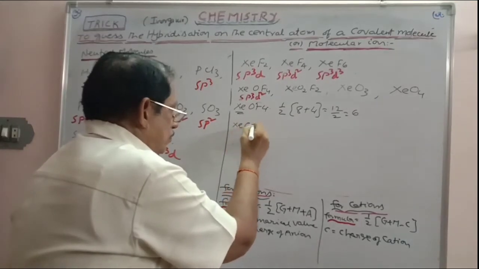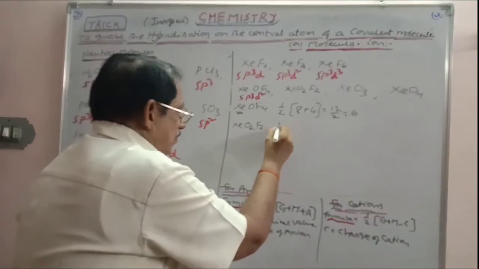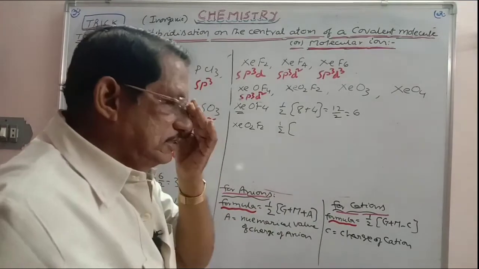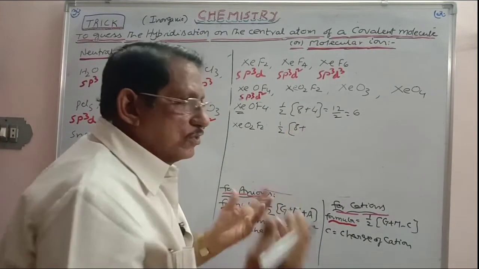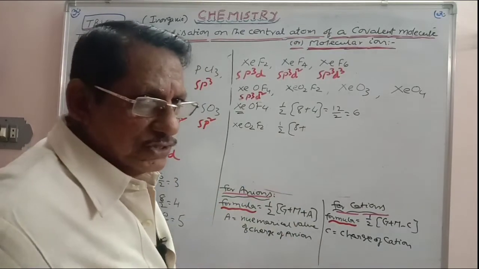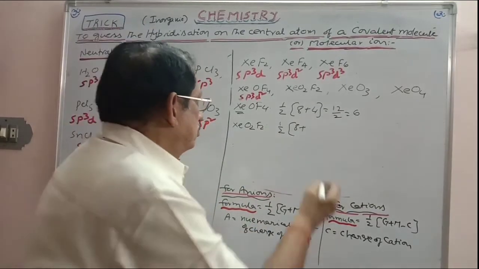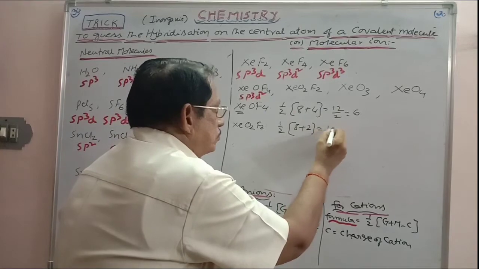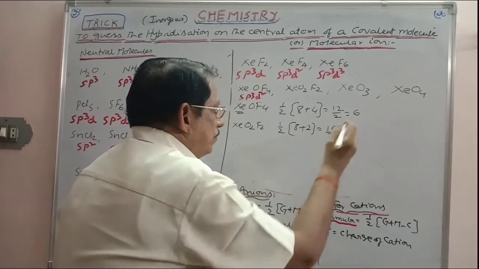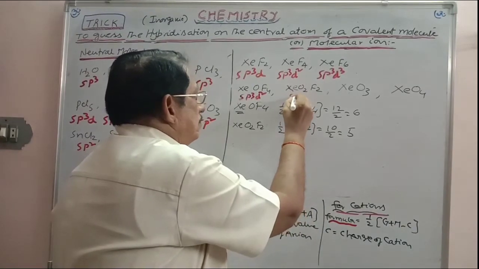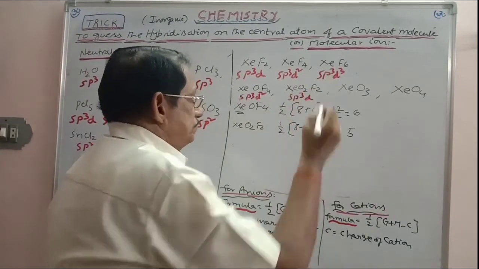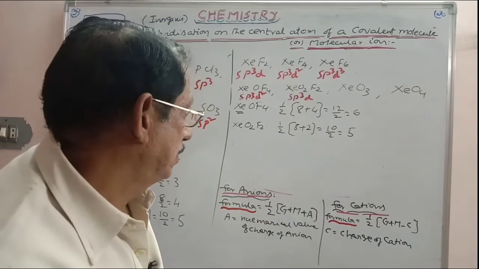Similarly, XeO2F2, half into G, the group number, that is 8. Number of monovalent atoms is only 2. Oxygen is not monovalent, you need not count it. So 2 fluorines. 8 plus 2, 10 by 2, this is equal to 5. When this is 5, what is the hybridization? sp3d. Right. Next,